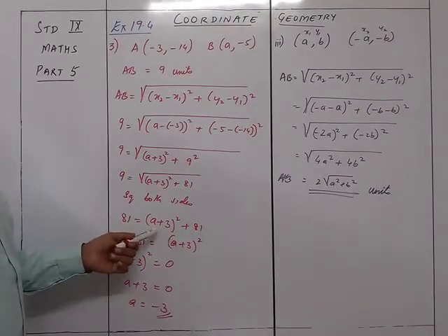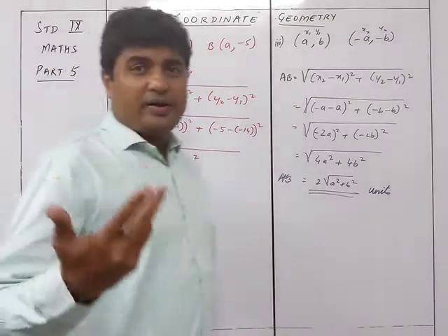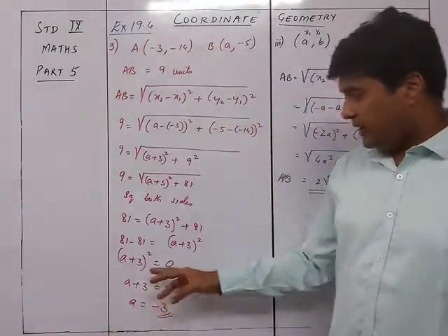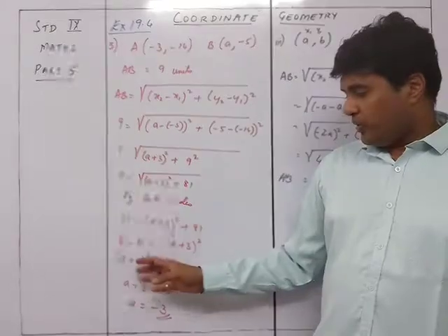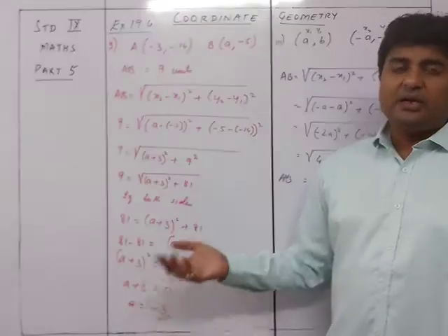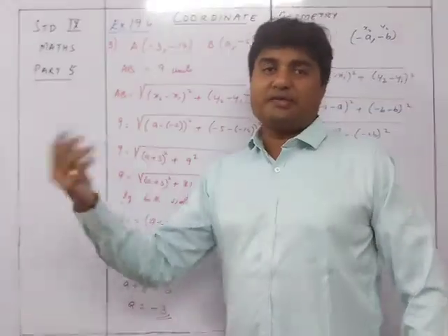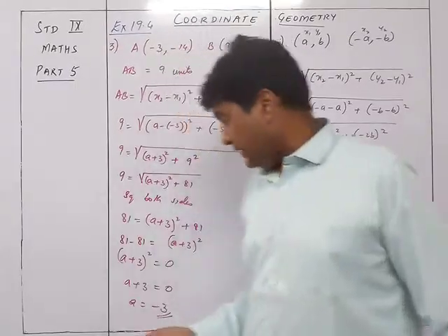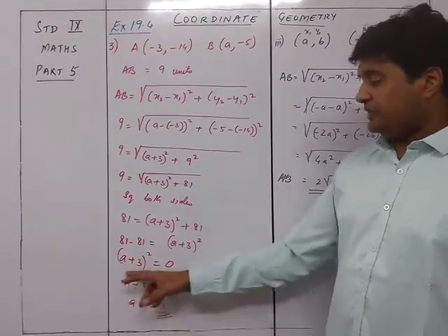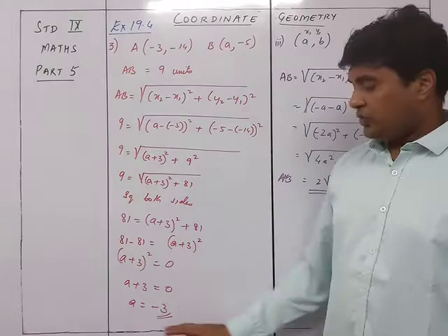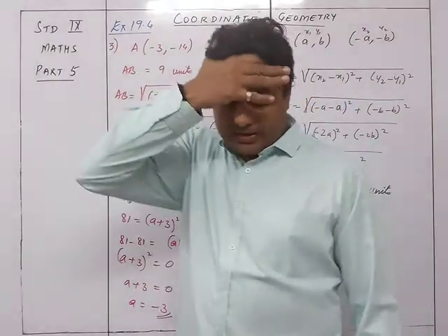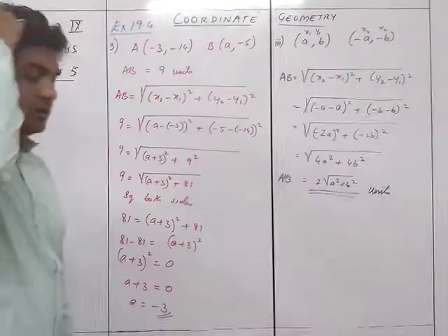We need not open the brackets and make that into a quadratic equation. There is no need at all. Over here, even if you do it, you are going to get the same answer. It is A plus 3 the whole square. So A square plus 6A plus 9 and so on, there is no point in doing that. Directly you are taking the square root of this thing. So A plus 3 is equal to 0. So A is equal to minus 3. Okay. So that is the sum number 3.